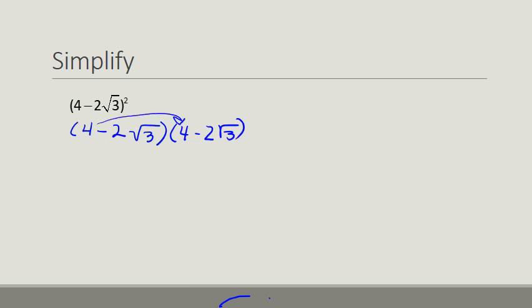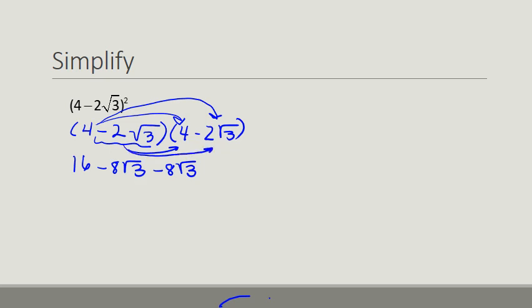Again, I'm going to distribute, so 4 times 4 is 16. 4 times negative 2 root 3 is negative 8 root 3. Going to multiply this. So negative 2 root 3 times 4 is negative 8 root 3. And then negative 2 times root 3 times 2 root 3 is just, I'm going to write this out. So it's going to be the 2 times the 2 and the root 3 times the 3, just so that you can see that. If I combine my like terms, 8 and 8 is 16, so it's minus 16 root 3